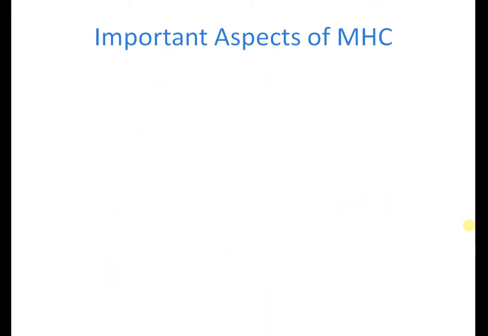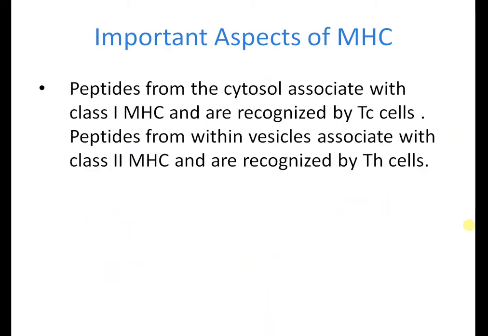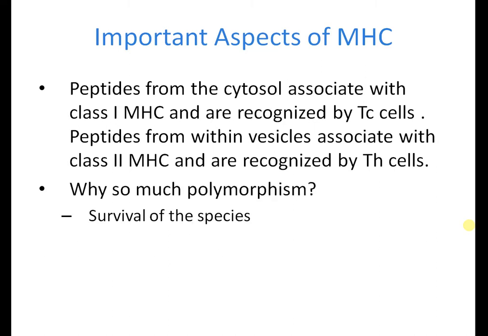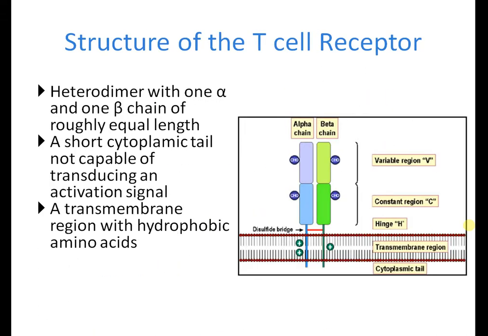Peptides from the cytosol are associated with class 1 MHC and recognized by CD8 T cells, and peptides formed within vesicles are associated with class 2 and are recognized by CD4 T cells. So why so much polymorphism here? Survival of the species. Now the structure of the T cell receptor: a heterodimer with one alpha and one beta chain, roughly